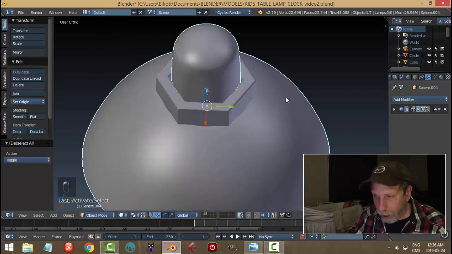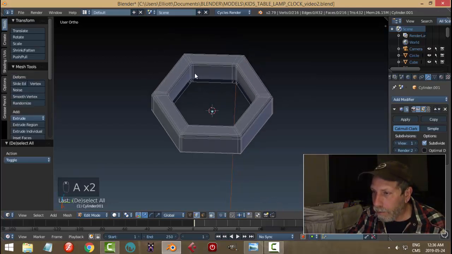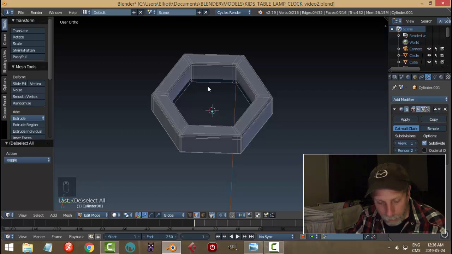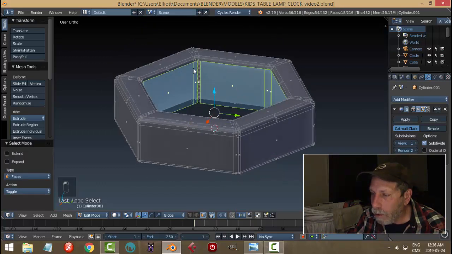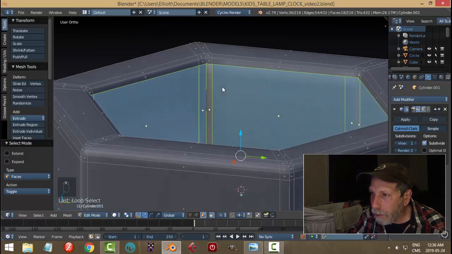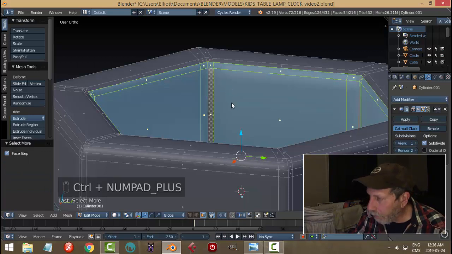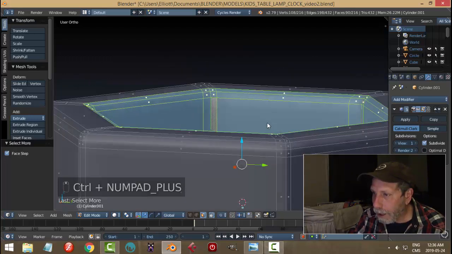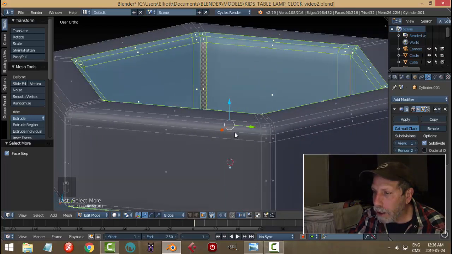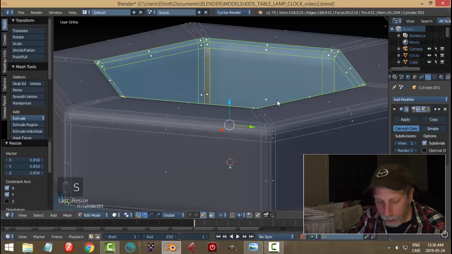Now, let's hide this and come in here, and we need to make this squeeze in a little bit more. So in face selection, I'm going to Shift Alt and click so I get all those polys, and I'm going to scale them in, but I'm going to go up one level, Ctrl plus. In fact, I might go up one more level, Ctrl plus, and I'm just going to go scale, but I don't want it to scale upwards in the Z direction. I just want to come in, so I'm going to hit S Shift Z, S Shift Z, and pull in,